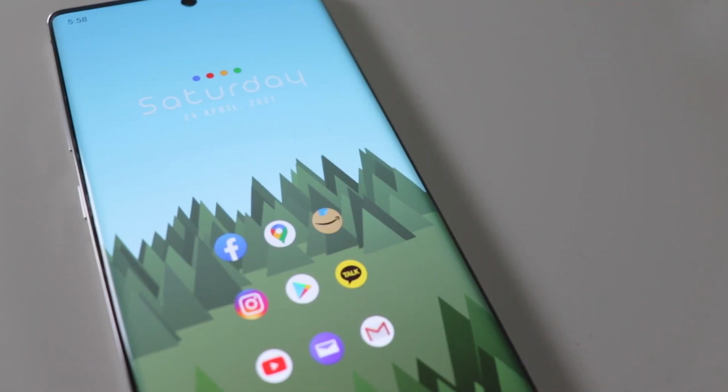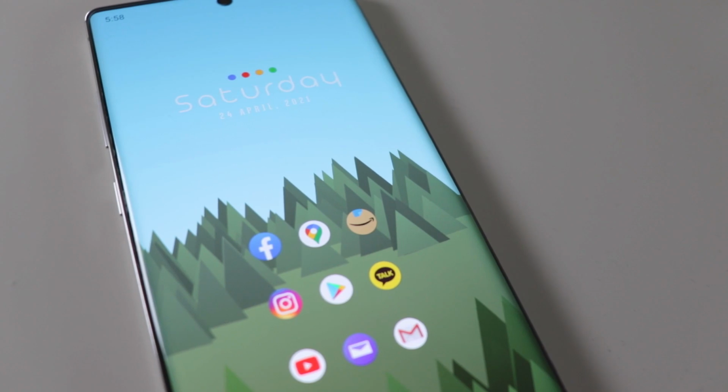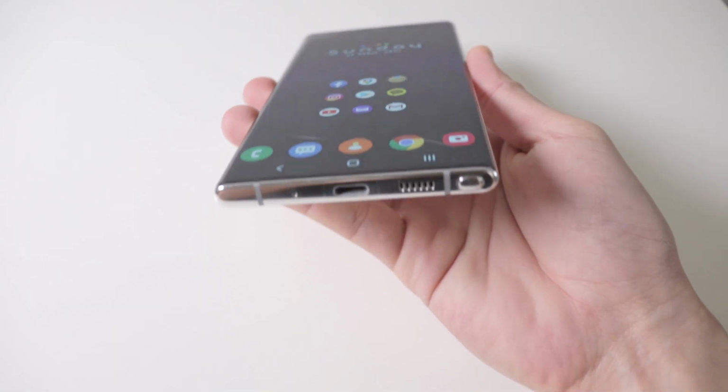Now, when the Note 10 Plus first came out, it was pretty much the king of all smartphones. I mean, for $1,100, you'd expect nothing less. Now, here we are in 2021, and I wanted to give you guys my thoughts on how the phone has been and whether you should get one or not. First, I'd like to talk about the price, because $1,100 is not cheap. But that was back in 2019. After doing some research, I was surprised to find this phone going anywhere from $400 to $500, which is